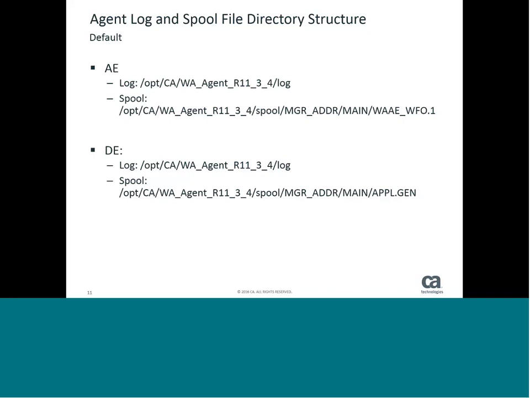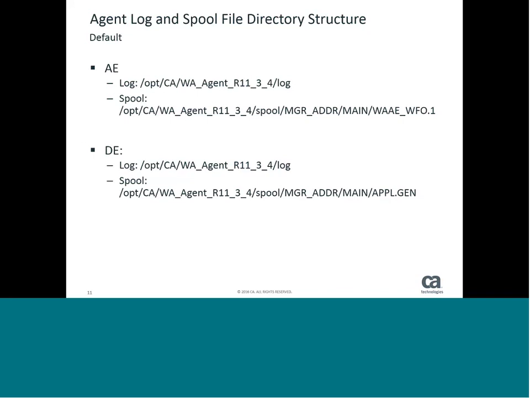What you see in front of you is a Unix environment. However, if you have Windows, it's going to be in C program files, etc. And then the spool files are in the agent directory /spool, and then you'll have your manager address. For AE, that will be your autoserve value